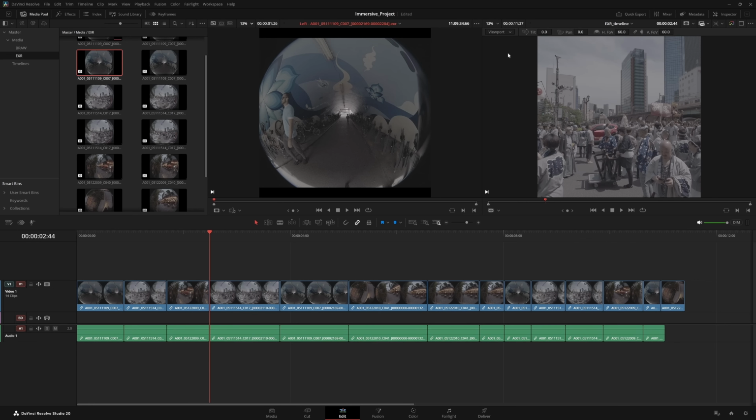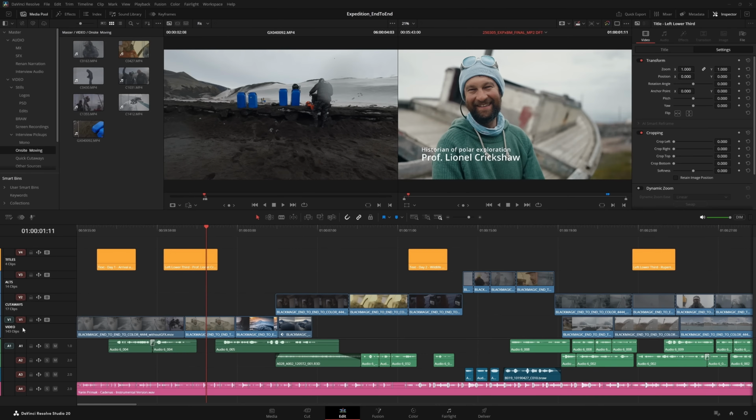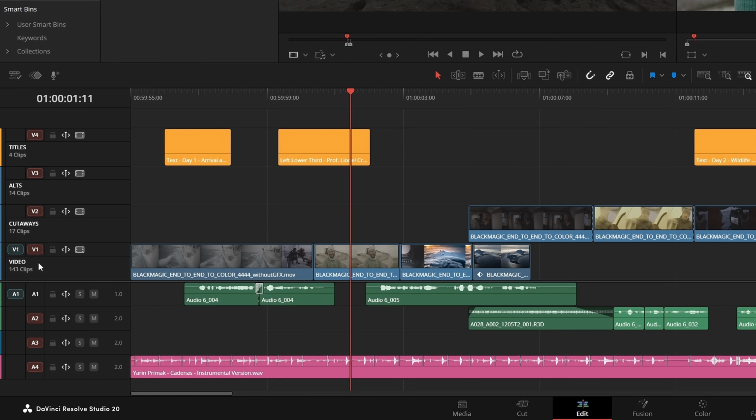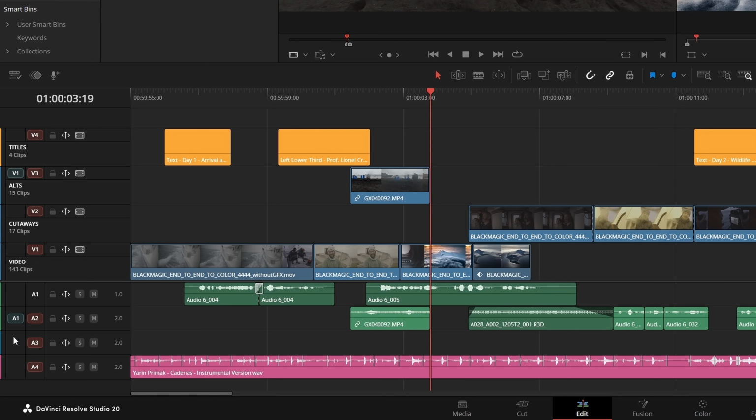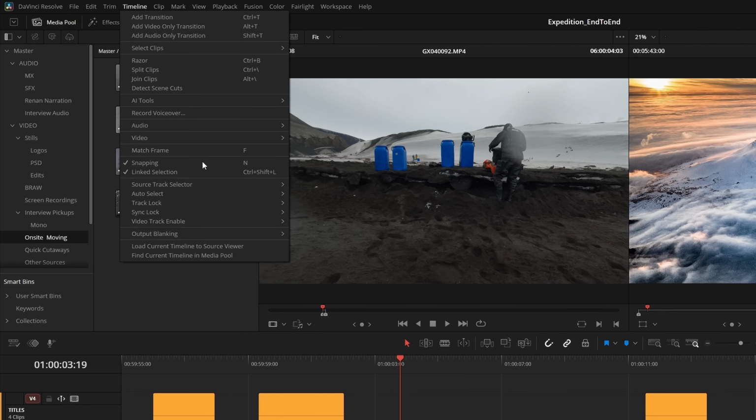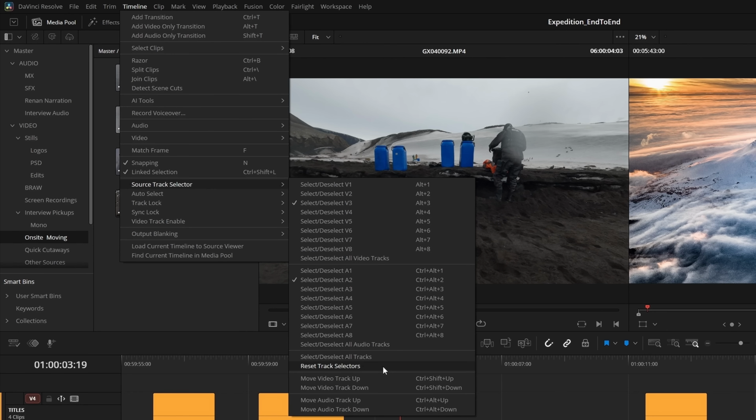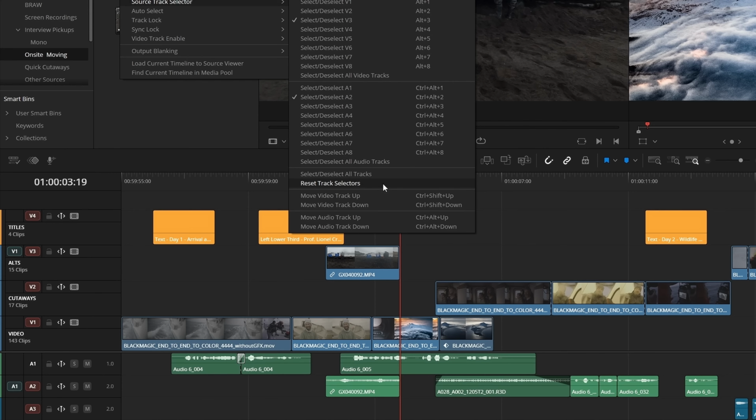Let's get started. In the Edit Page's timeline panel, the track destination controls have been split into separate columns: the blue source track selector and the red destination auto selector. This allows for more intuitive patching of source media to the timeline video and audio tracks when editing. You may also assign a shortcut to the timeline menu's Reset Track Destination command to quickly reconfigure the source patches